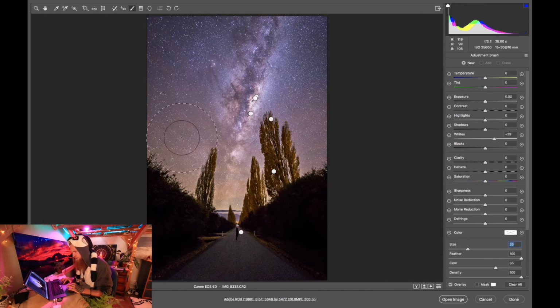And you can see these airglow gravity waves, they're called. They're up in here. Lovely colors in the middle. A little bit over here. We're just going to paint those in, so I don't want to go too high up. In the middle there a bit. Let's go over these trees. A bit of whites will help. You can't really tell that I've just brushed across there, but it has added a nice bit of